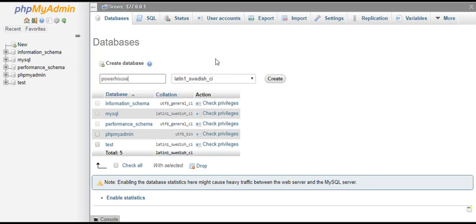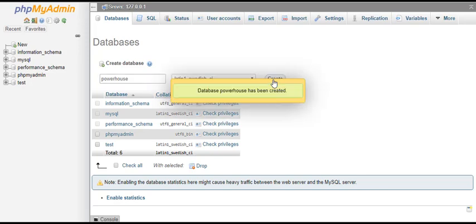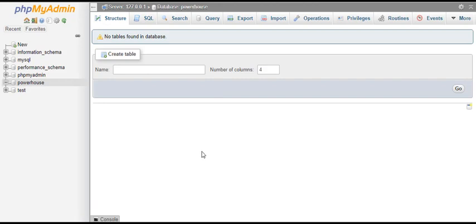After that, we click the create button on this section here, and as you can see, the database has been created. On your left, second last, is our database. Let's click on it so that I can show you a few things. So we have our database open, as you can see up here. So for now, we'll stop there and go back to